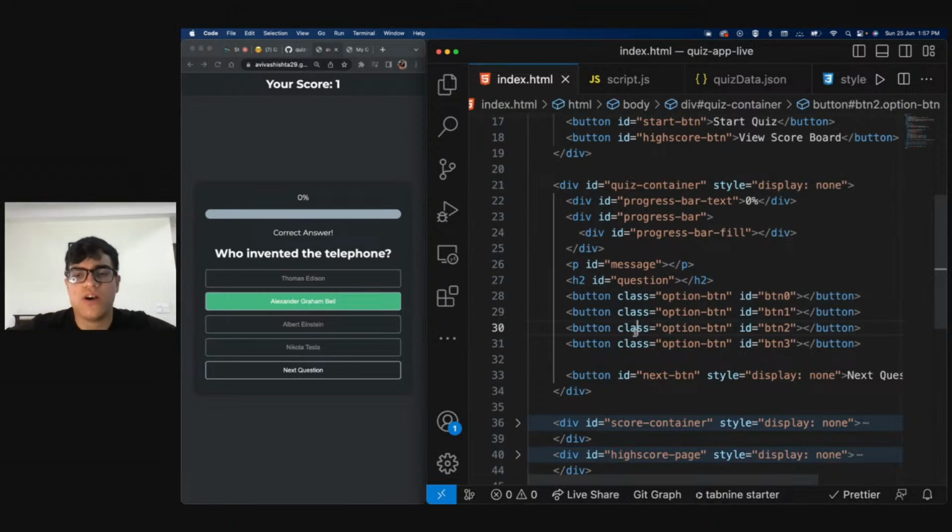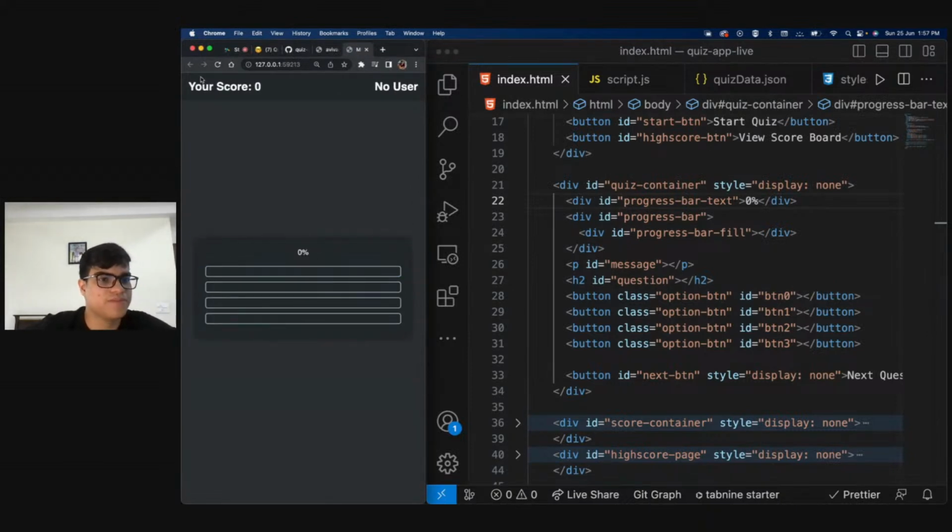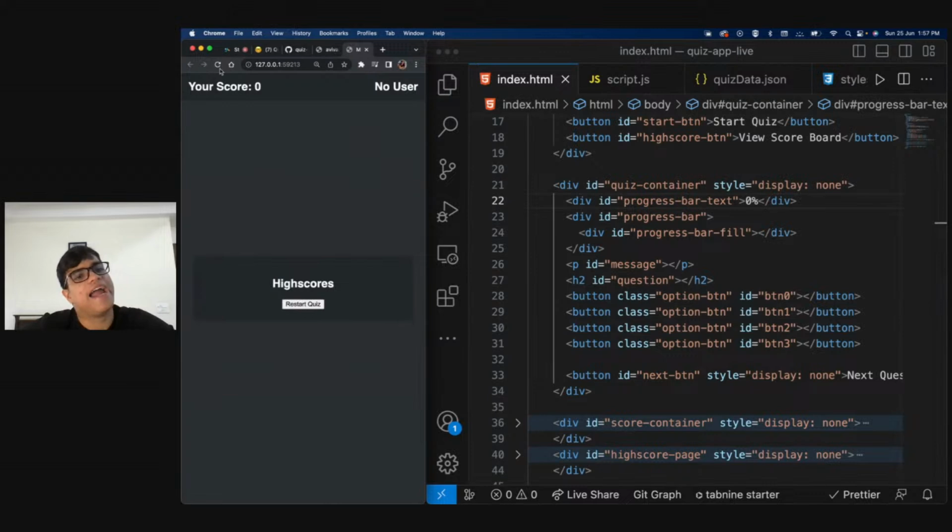Great, cool, cool. Okay, so this is basically the main structure, right? Now, if I talk about the script.js, this is the part where we'll be starting all of our script.js. So far, what we have is start quiz and scoreboard. I will be fixing all of these event listeners as well, but our UI is done, right?